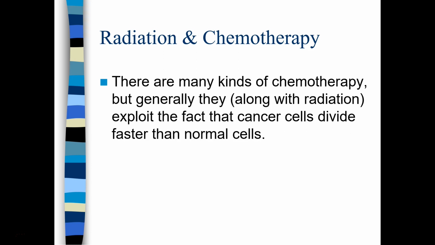They're just dividing. So if we can mess with the actual cell division process, or the DNA replication process specifically, and that's what radiation does, that's what a lot of chemotherapeutic agents do, they just induce DNA damage, right? And the normal cell would be like, whoa, hold up, we've got to fix these, because we have our cell cycle checkpoints intact. We need to fix these before we keep going. Whereas the cancer cell is like, full steam ahead, let's just go.